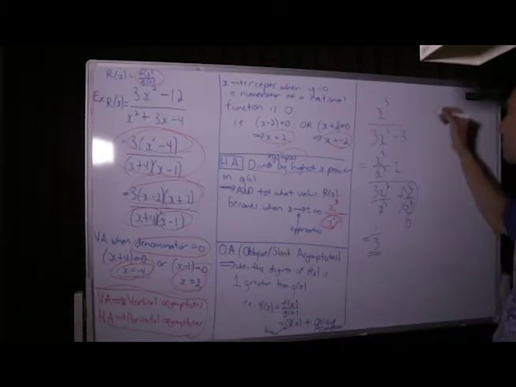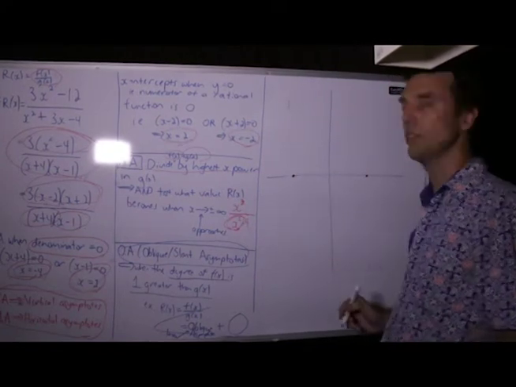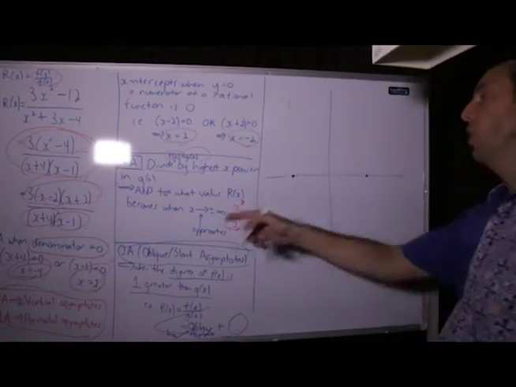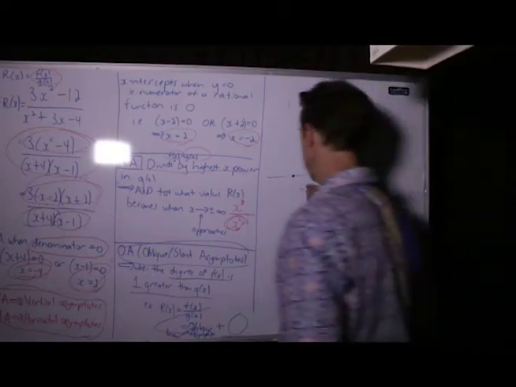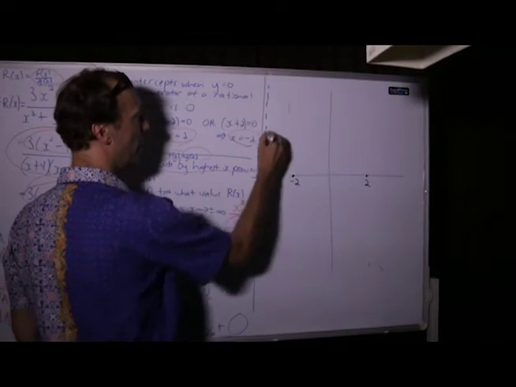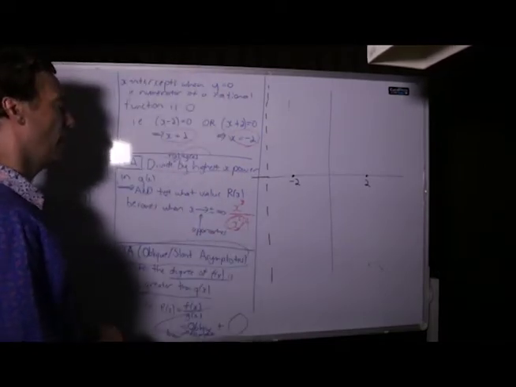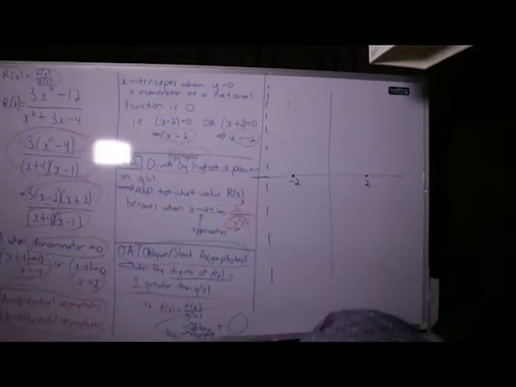Okay? Now, we know at x equals 2 we've got an x-intercept. We know at x equals -2 we have another x-intercept. We know that x equals -4. Say this is -2, this is 2. Say down here we have a vertical asymptote. Now we're running out of room. Okay, and then basically what we can do is, if we have enough room,